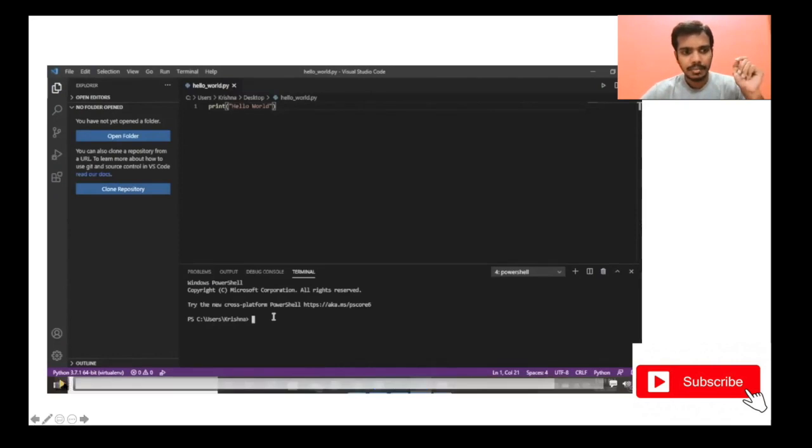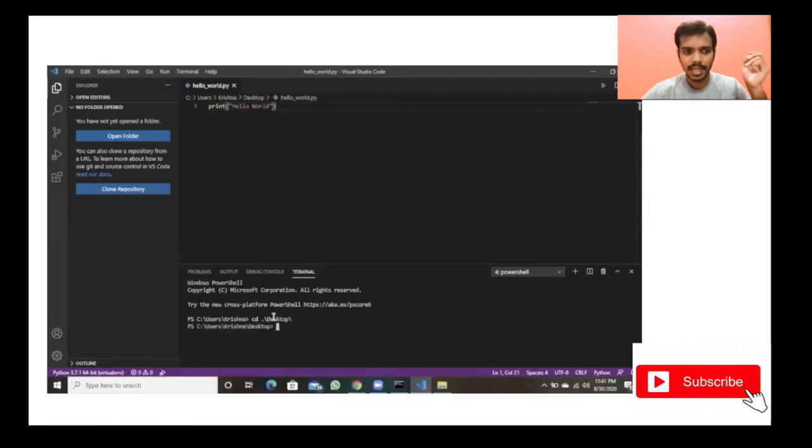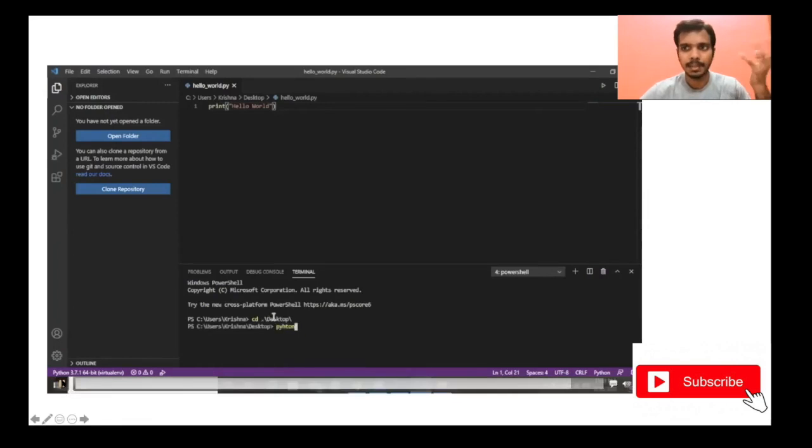Now you have to basically see the path here is C:\Users\Krishna\Desktop, right? But if you see in terminal, the path is C:\Users\Krishna. So we have to go into desktop now, right? Correct path, because where the file is, you have to go to that path. Now do cd desktop, right? That means we are going to desktop basically. That is, the cd command is used to go to desktop.